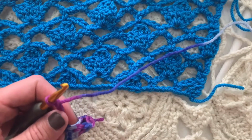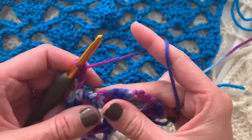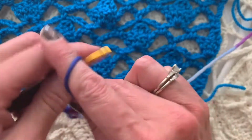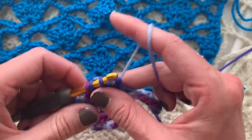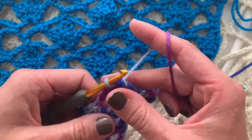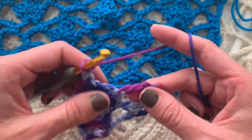Crochet is a valuable and relaxing use of our time. At the same time, it's important that your brain be engaged. And in some ways, when you have a more complicated pattern like this one, we're doing a double crochet 3 together, it can be very meditative. Yarn over and pull through all the loops on the hook, because you're forced to think about what you're doing, and you can let the troubles of the day just fade